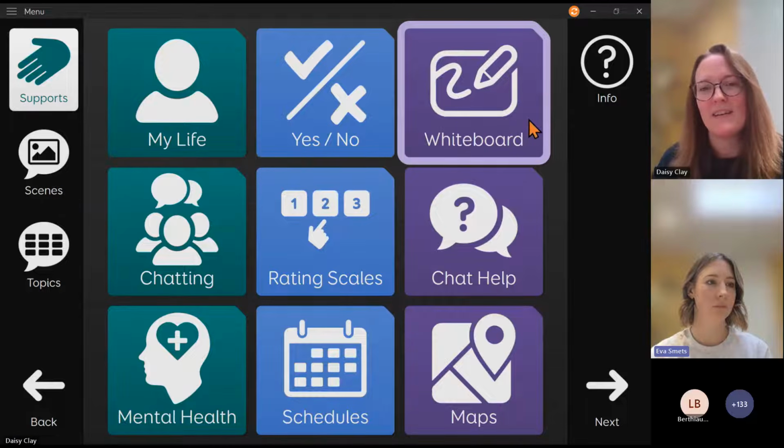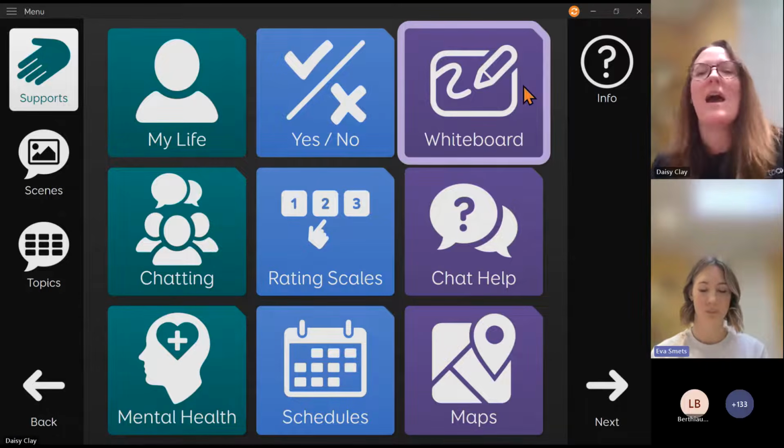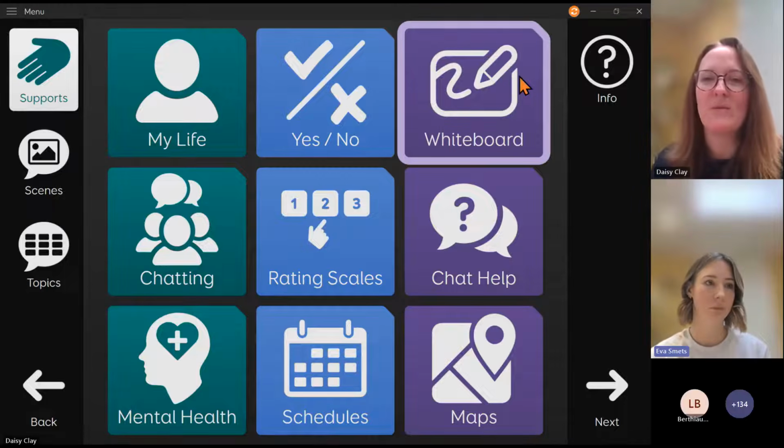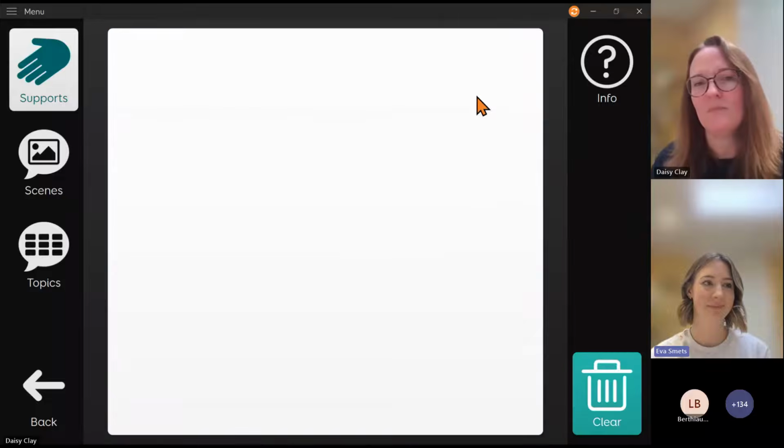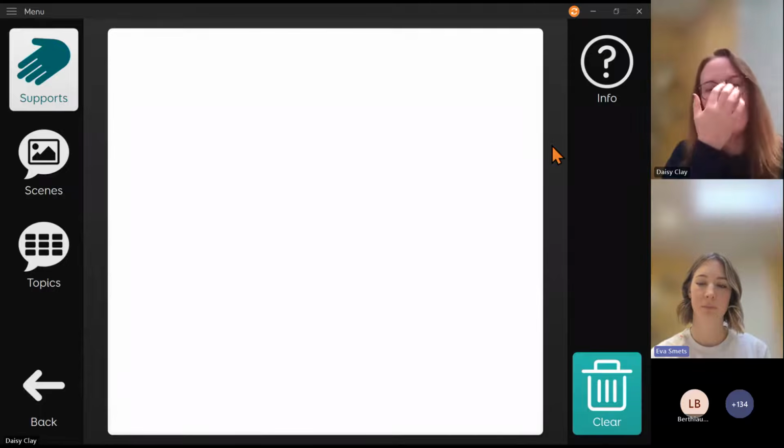So over onto the next lot of supports we've got here. We've got a whiteboard. So anyone who's familiar with Grid will recognise that this is a new feature that we didn't have before Aphasia Duo. So if I click in here now. Whiteboard. Really kept this very simple. So there is a little bit more functionality when we get to Aphasia Duo 16, but in Aphasia Duo 9 we wanted to keep things really nice and simple.